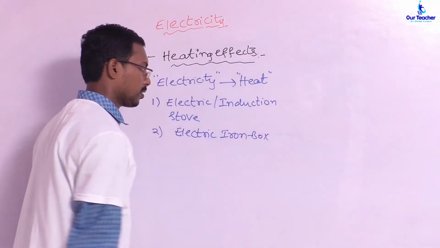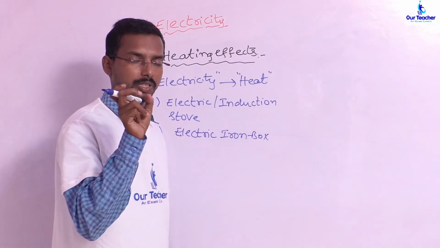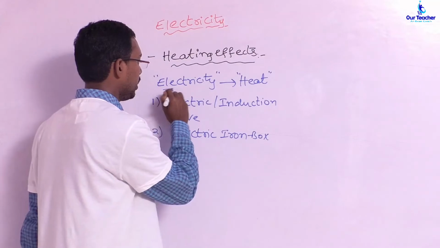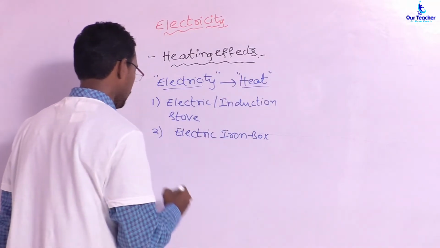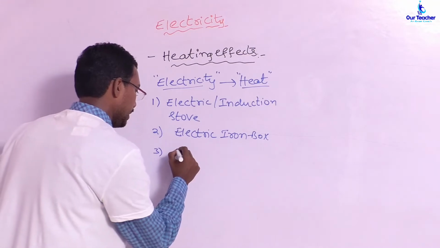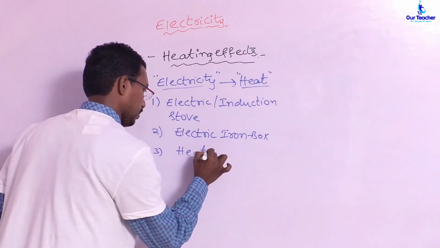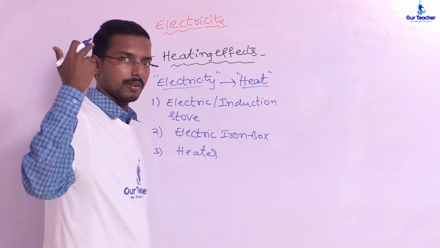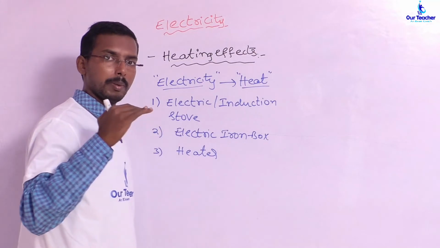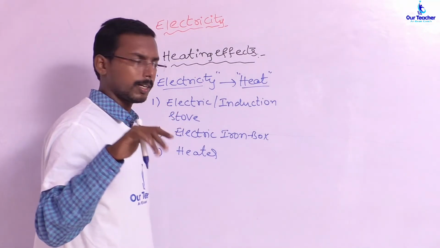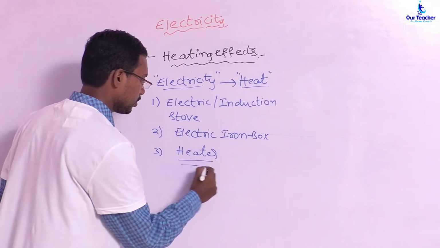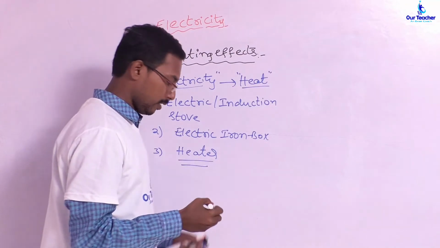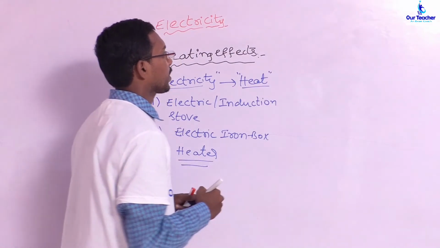This electric iron box has a coil structure known as nichrome, and this wire is able to convert the given amount of electricity into heat energy. Okay, you can take a heater also as an example. The foreign countries use these heaters because the temperature there is very low, so they need to maintain a minimum room temperature like 28 to 30 degrees, so they use this heater. So these are some examples of heating effects of electric current. Next we will carry on with our next topic, magnetic effects.